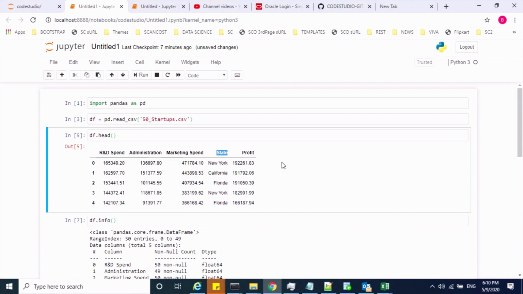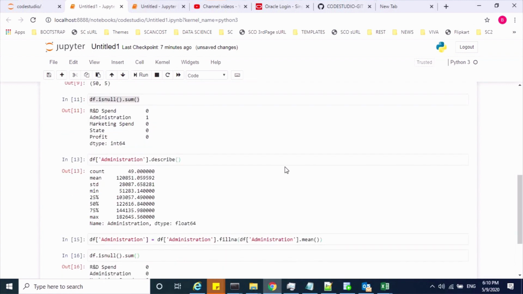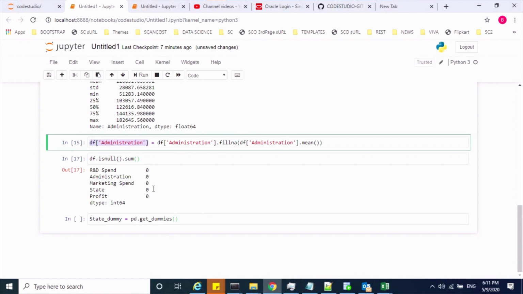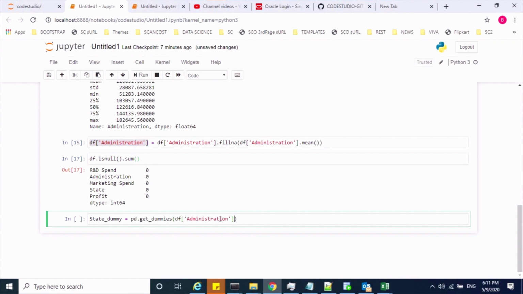So first of all, let me create a dummy variable. Using get_dummies, we can apply the one hot encoding technique on the state feature. So here is the command.